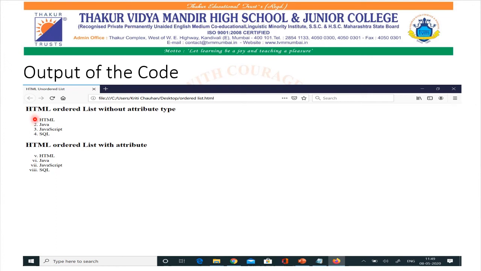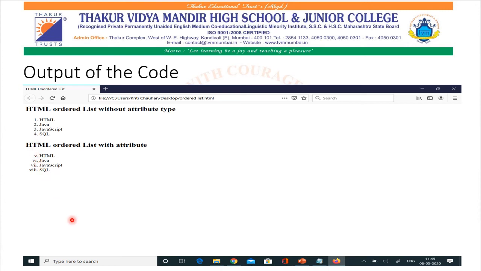The type attribute value is Roman lowercase i and its starting sequence is number 5, that means the sequence of Roman numbers will start from small v, that is number 5 in Roman case.